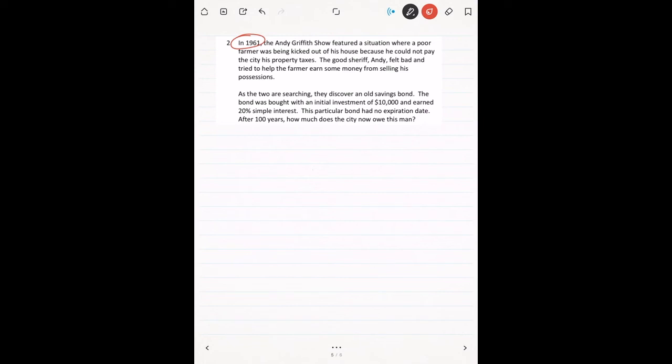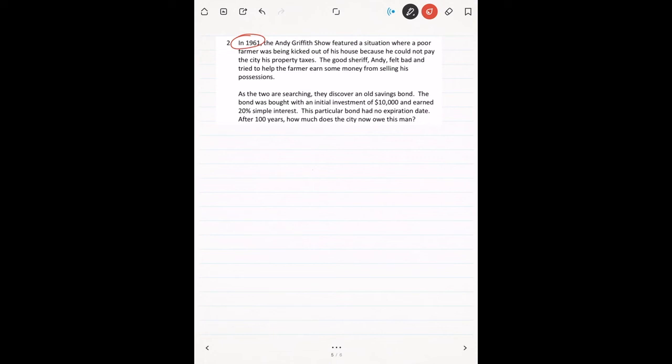They're going to kick him out of his house. And Andy feels terrible. Andy's a very good guy. He's the good sheriff. He's kind of the moral voice of the town and the ethical voice of the town. He feels bad, and he tries to work something out with them, but they say, nope, you have to go and evict him. So Andy feels bad, so he goes over to the farmer's house, and he tries to help him out. He lets the farmer stay with him and his family, and he says, look, until we get you on your feet, you can stay with us, but we got to figure out some way for you to get